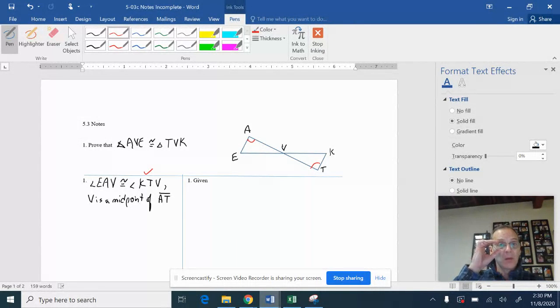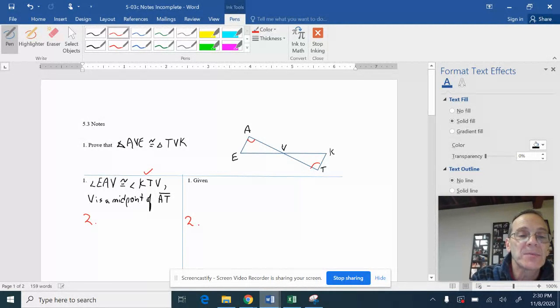Okay? But I see this happen to students all the time. They so quickly in their mind conclude from this statement what they know to be true on the basis of that statement, that they will mark other congruent things in the diagram without explaining why. And the proofs are all about the explaining. Okay, so you have to, on the basis of this statement here, write out a step 2 and say that AV is congruent to VT